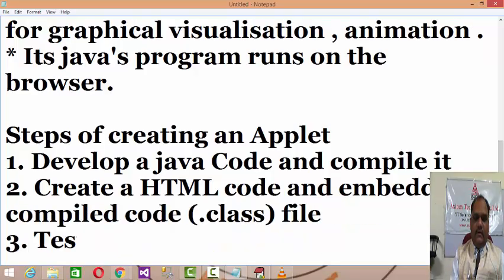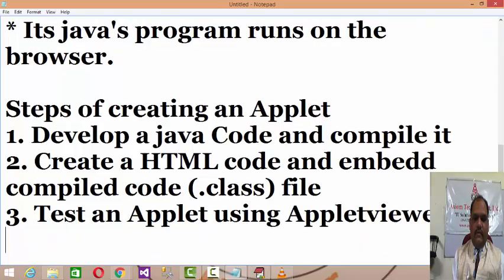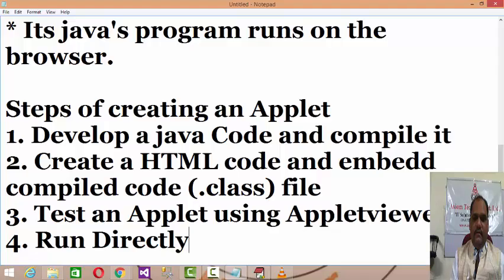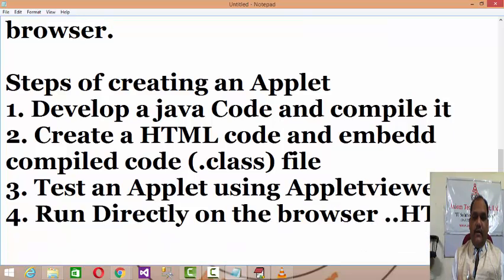Third, test an applet using applet viewer. Fourth, run directly on the browser, right? Means you have to run that HTML file, right, where the Java compiled code was embedded over there, right?